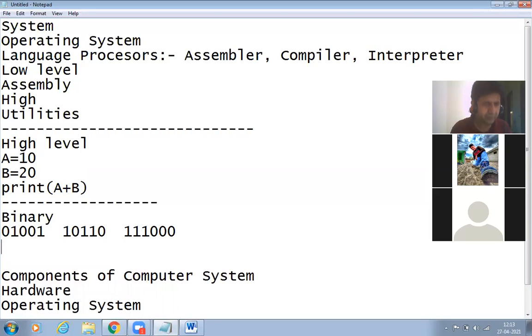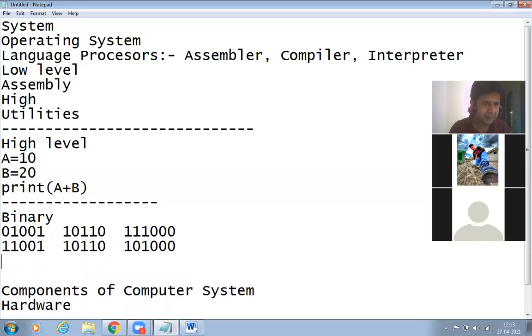Then for b is equal to 20, I'm just giving an example, there will be a code for b, then equal to, then the code of 20. Then the code of print, then a, plus, and then b code will be, like this.